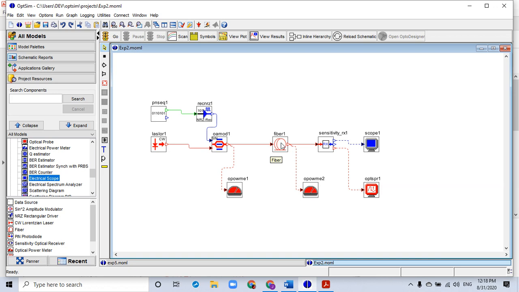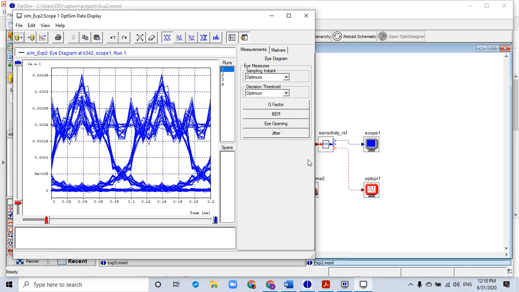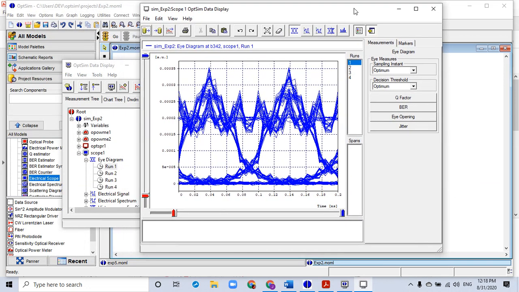Right. Now we have also done parametric run on this length of the fiber. So let's check the optical eye diagram at the output of the electrical scope. So this shows the different optical eye diagrams, rather optical signals, for different values of length of the fiber. So for run 1, the length of the fiber was 20 kilometers. So this is how my signal strength appears, right?